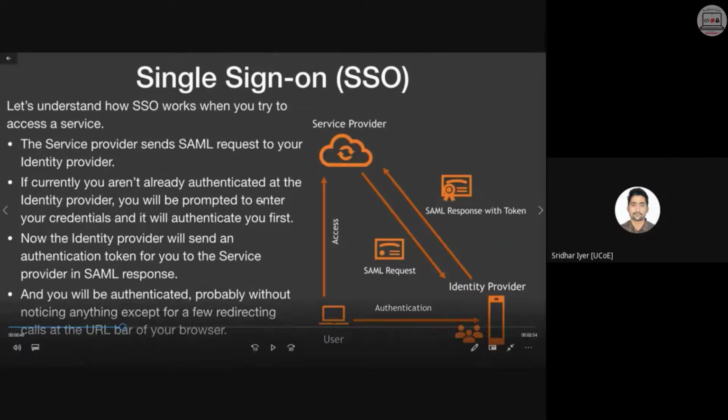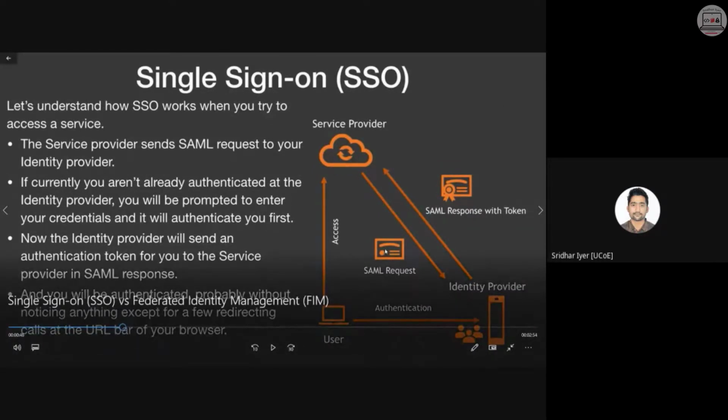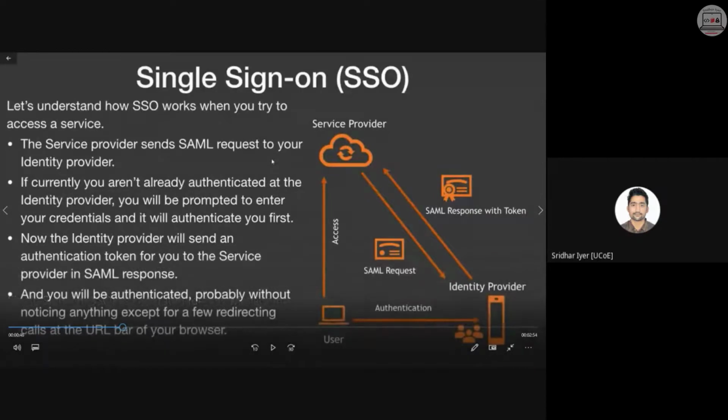If the diagram is visible, let me explain this entire flow once again, single sign-on, and then I will go back to FIM. This is the diagram for single sign-on. So again, there is the concept of an identity provider. The user first of all wants to access something from the service provider. The service provider could be Gmail. So the user logs in to Gmail. The service provider checks whether the user is already authenticated to Google. If the user is authenticated to Google, the identity provider will tell Google that so and so user is authentic. Kindly don't proceed with the authentication once again. It will waste your time.